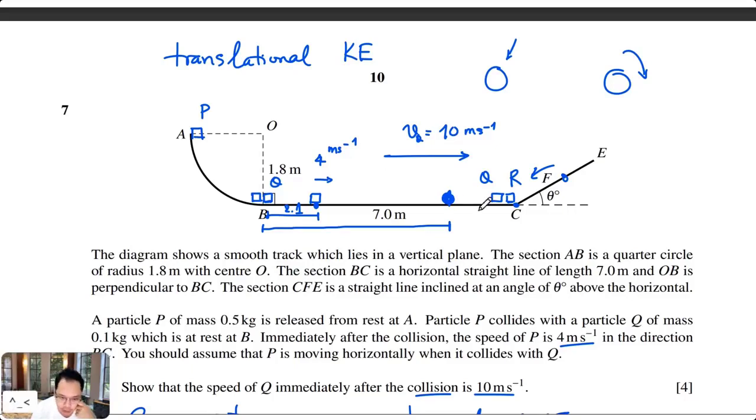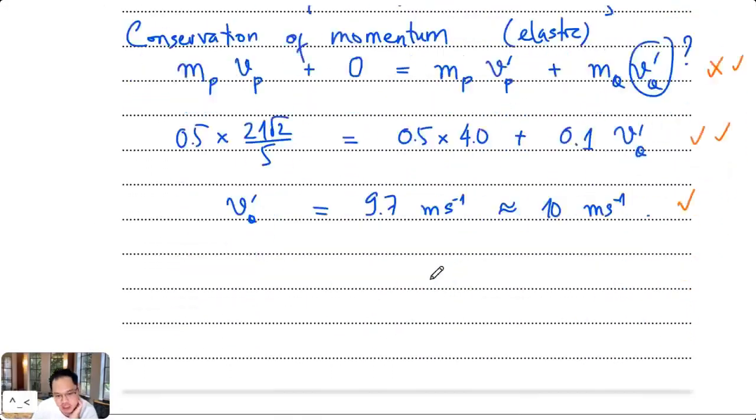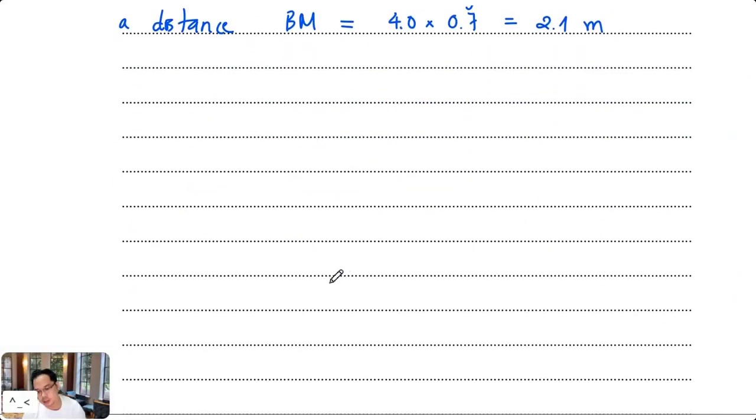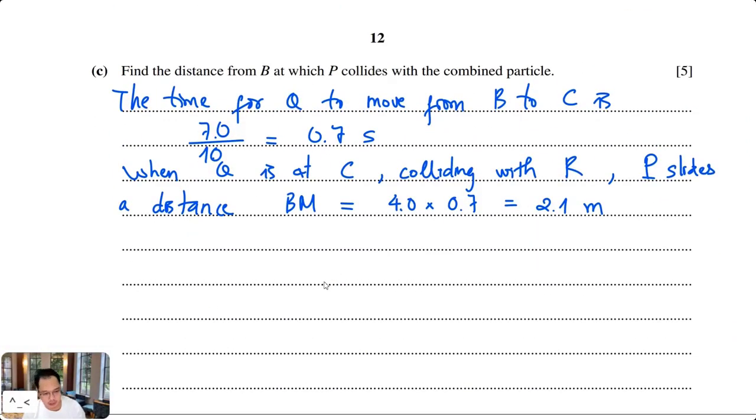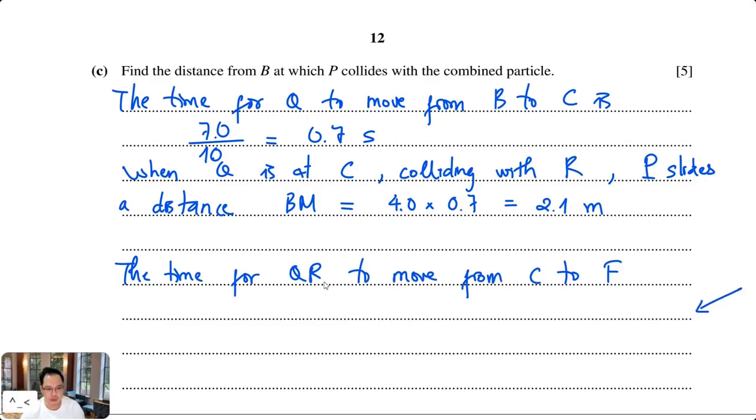When the two particles Q and R collide, it takes the system QR a certain time, which we will find right now, to go up to F and then slide down, and then go back in the opposite direction from the right to the left and collide with P again. So for the time for the two particles QR to move to F, there is a deceleration because of the pull of gravity slowing down the system, and finally it will make it slide down the incline again. To find this time, I will use an equation in SUVAT, the big five equations in kinematics,